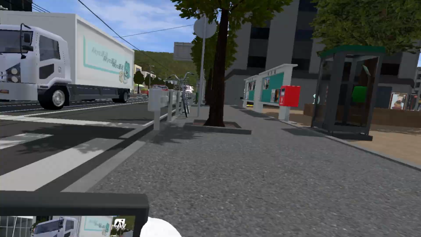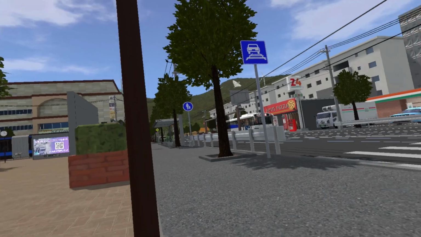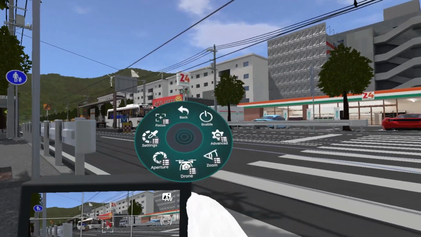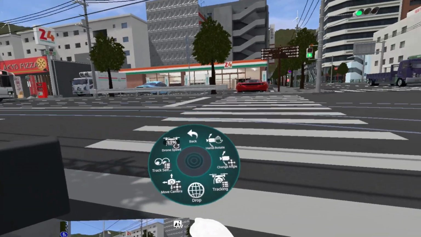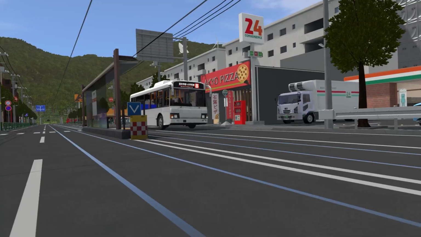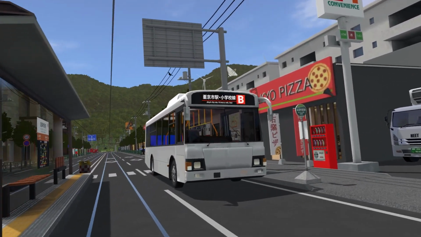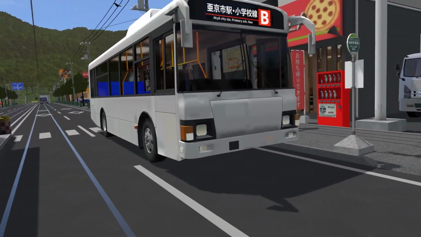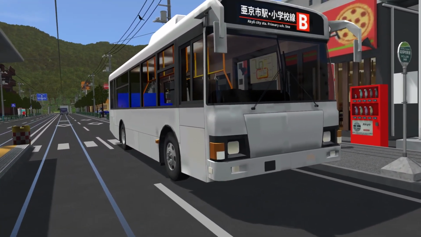A lot of my recordings are actually with the drone mode. So, let's try, for example, to follow this bus here. I'm going to drop it. I'm going to enable hand rotate and move camera. I'm going to fly over to this bus. Now, say I just want to follow the side of this bus right here. So, once it departs,